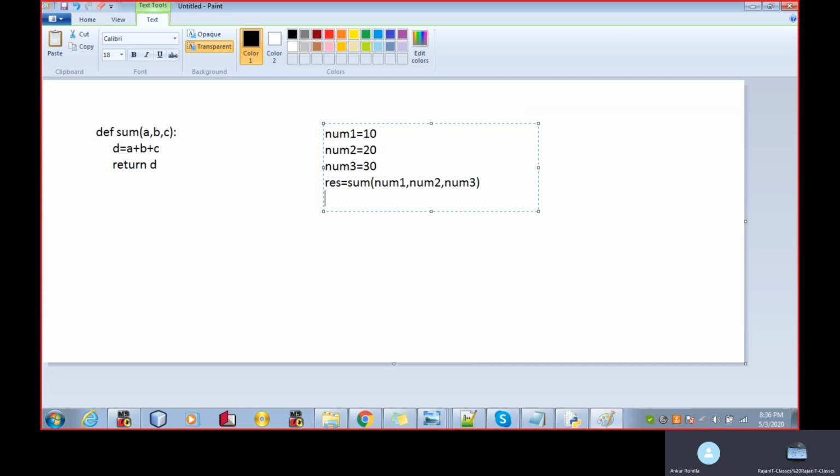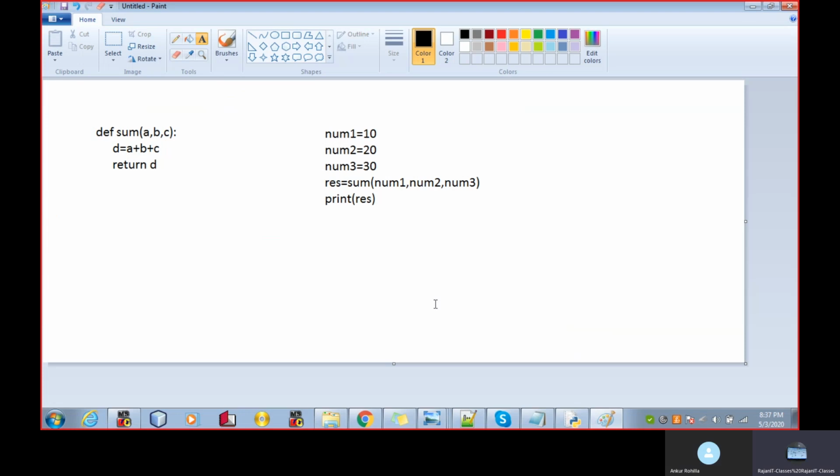Right. The last statement will print the result of it. Right. So now if someone comes to you and asks, Ankur, could you please tell me which parameters are known as formal parameters and which parameters are known as actual parameters?